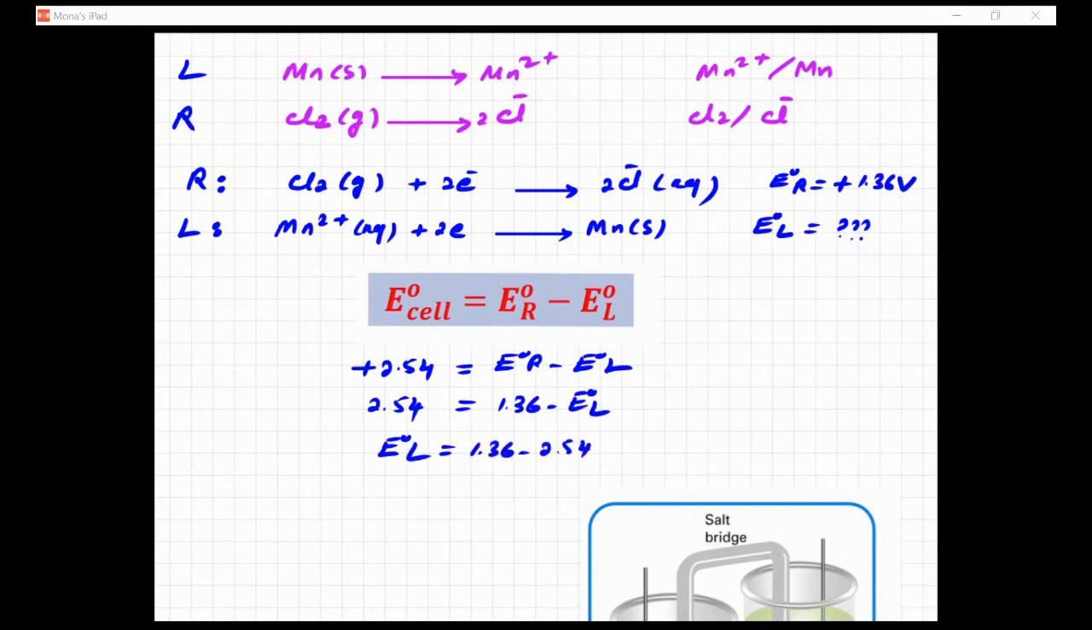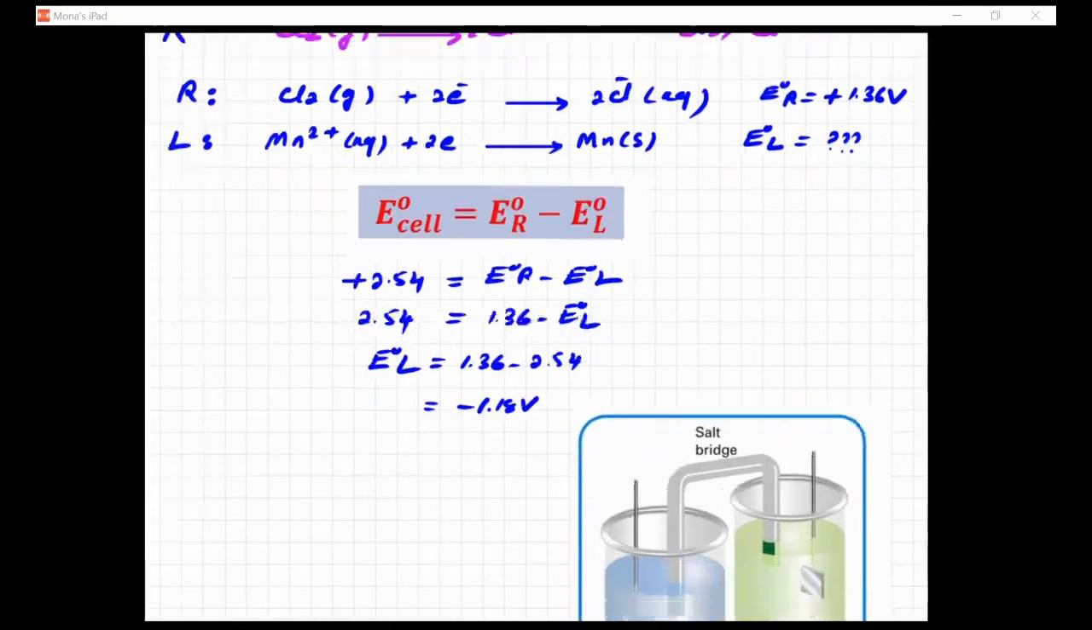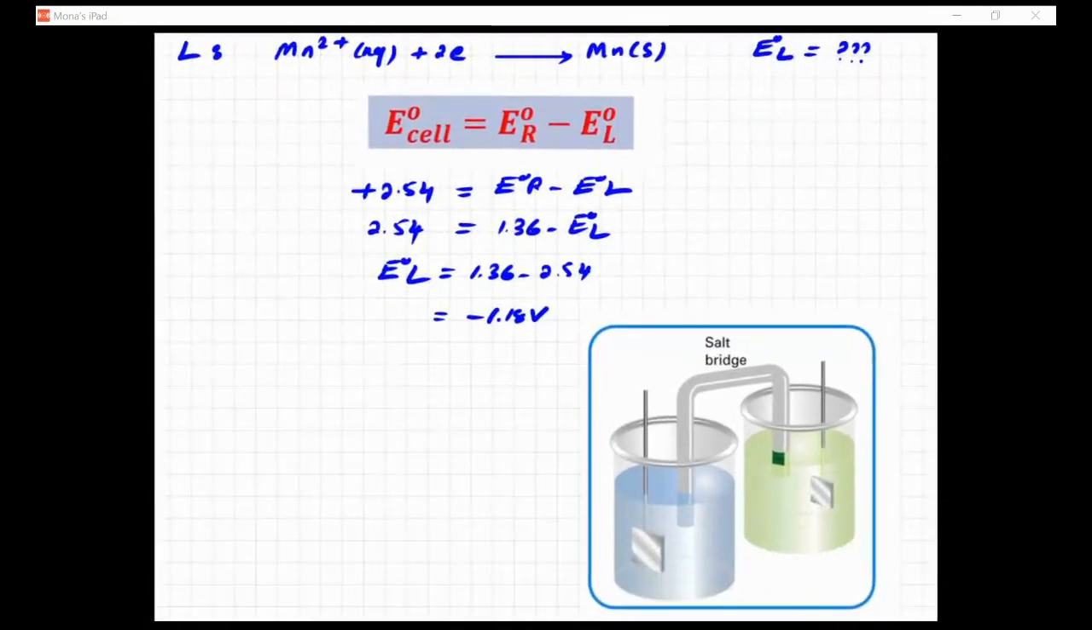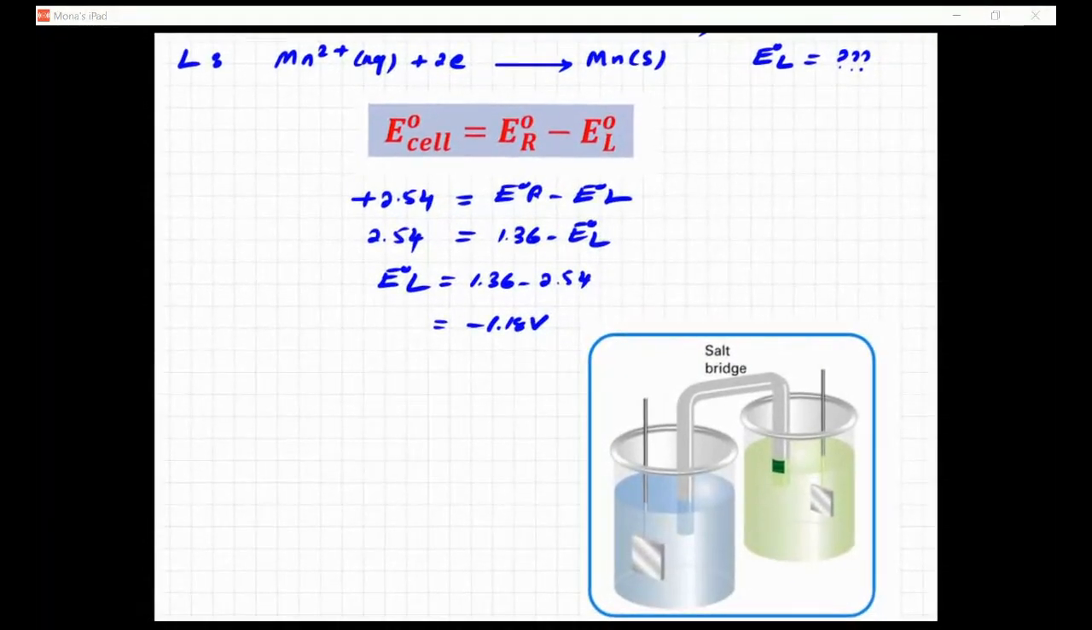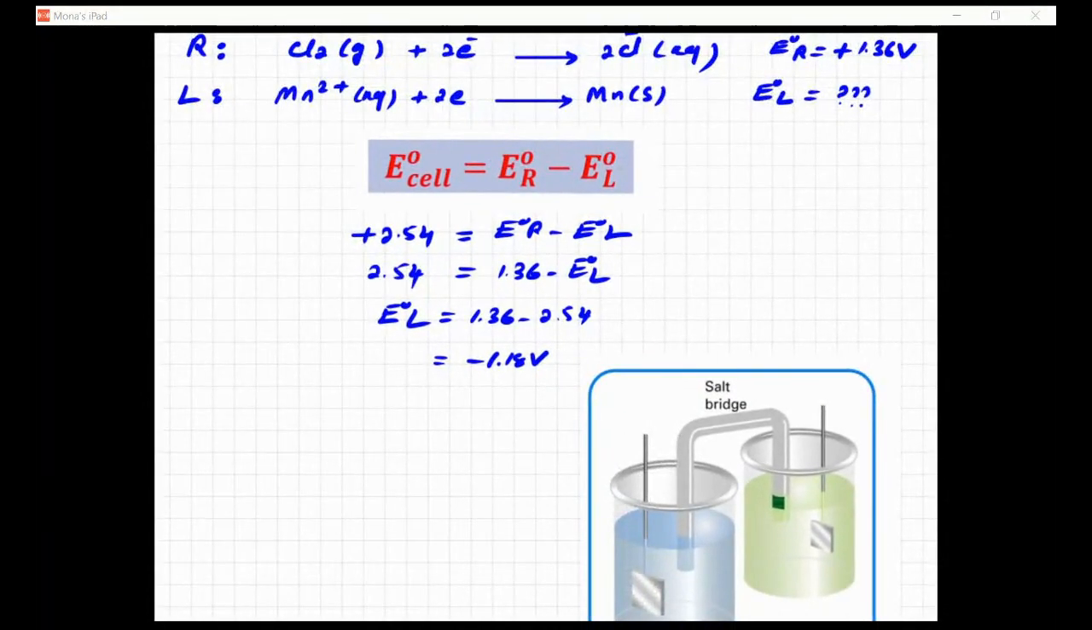Of course, we'll be able to find the potential of the electrode, which is going to be equal to minus 1.18 volt, okay? So now we want to talk about the notation. Okay, now the notation. Of course, you could see that I have Mn in solid at one side,